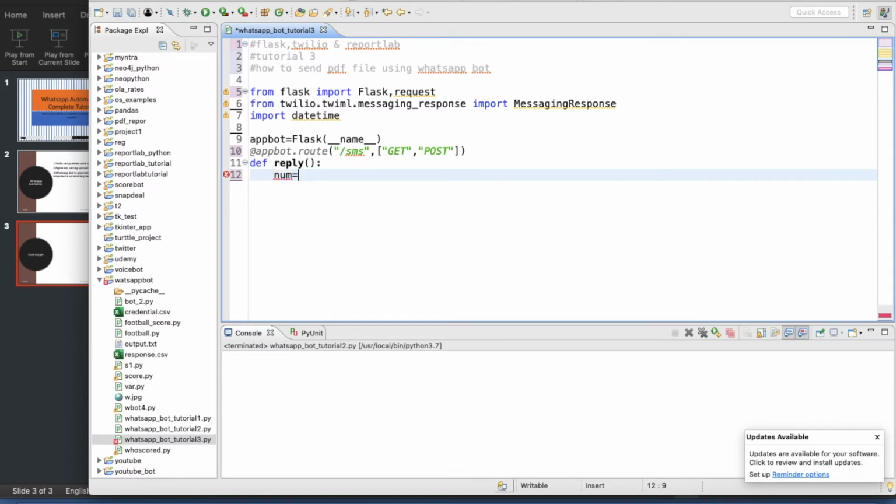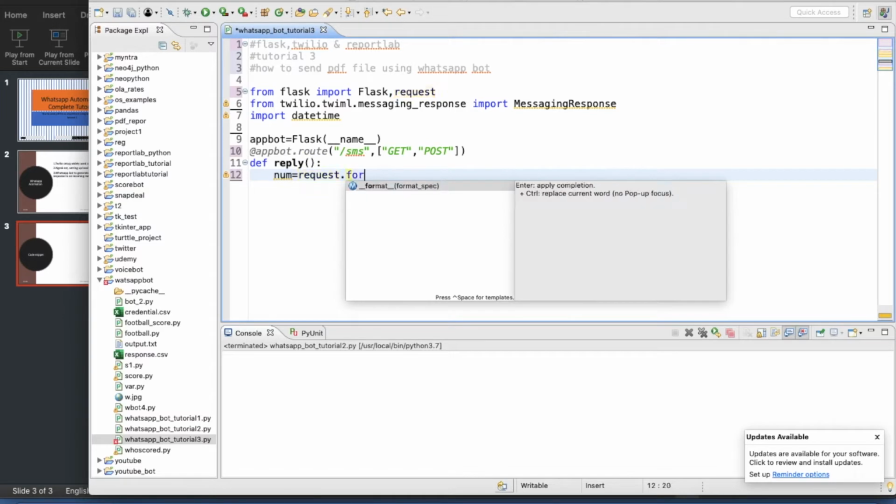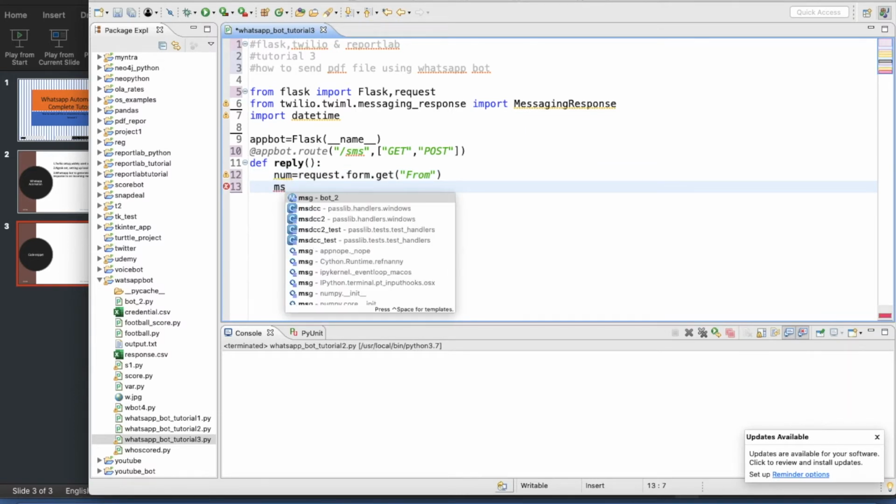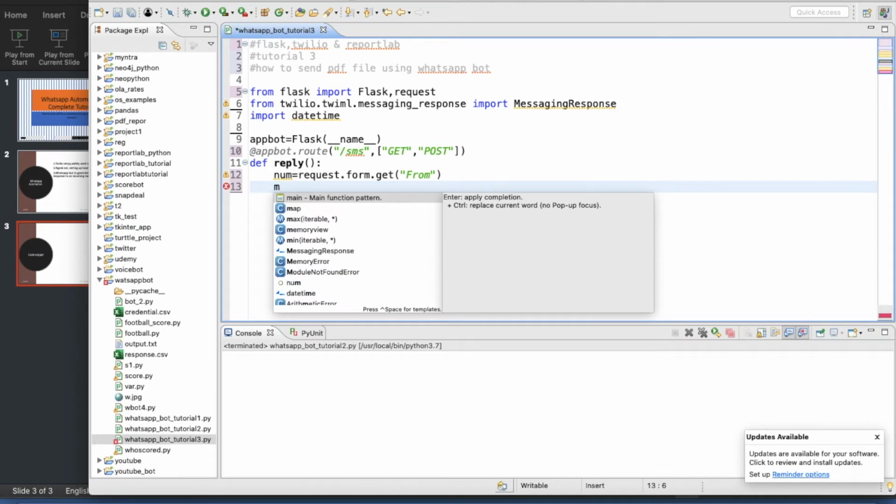How to get that number, you all know, it will be from request.form.get, and inside that you have to define the from, meaning the number, and you have to define the message or msg